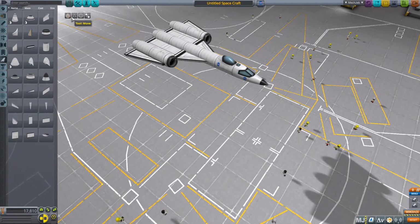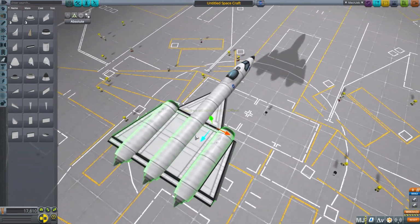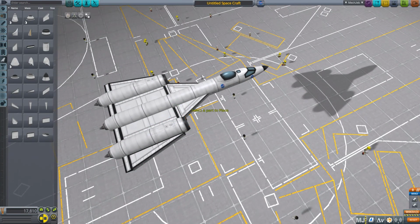I'm going to leave it there because, quite frankly, Blackbird is unique. It is very much unique in its titling. Used for a very long time. Quite frankly, still probably my favorite plane. The only thing other than that, I would say...